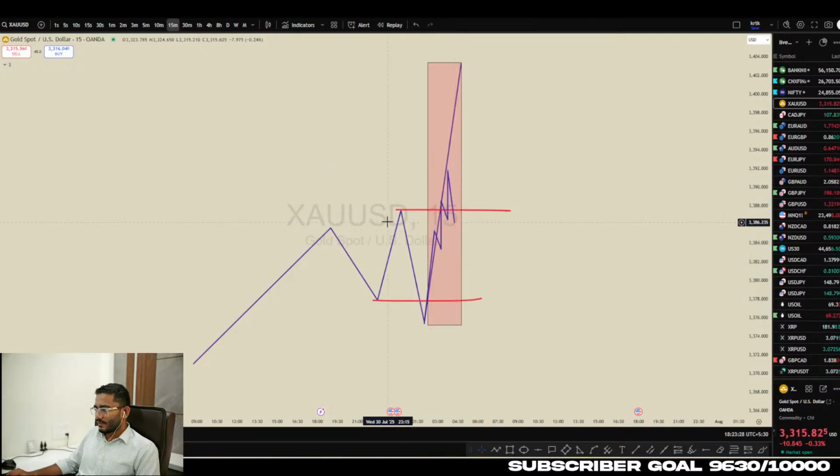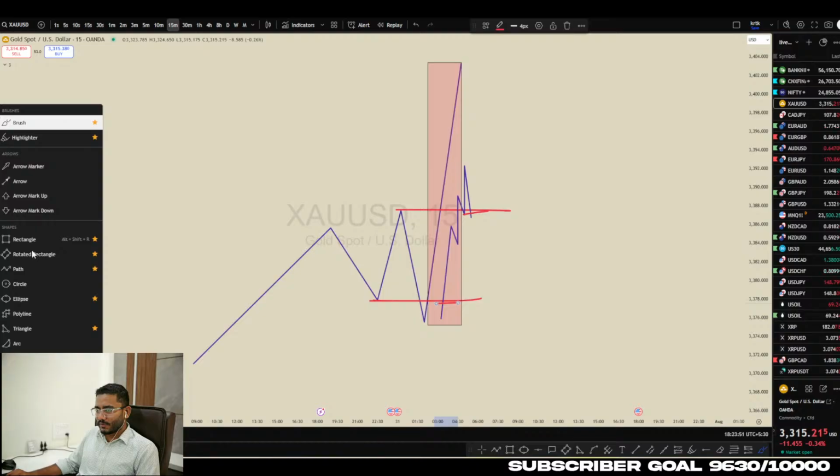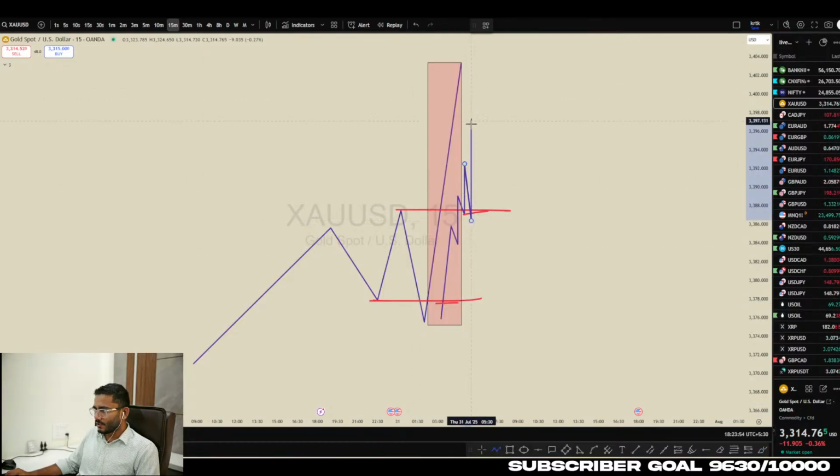Now let's assume that this blue line is 1 hour and this is 1 minute. We want to understand that here on lower time frame, it should do the same thing. Here price swept out the previous low. Now we have to look for inducement over here or here. And if price sweeps the liquidity and breaks above the structure, then we can look for a buy side entry and look for a scalping trade. This move and this move are the same on lower time frame. This is the higher time frame.